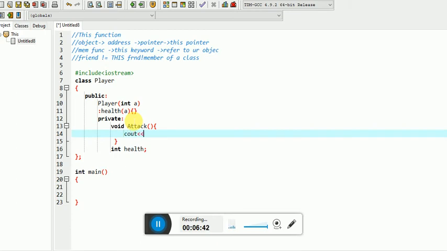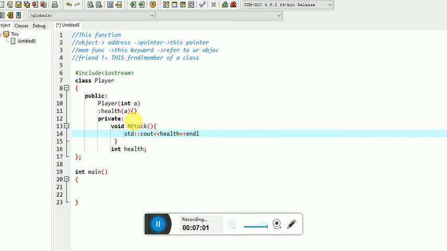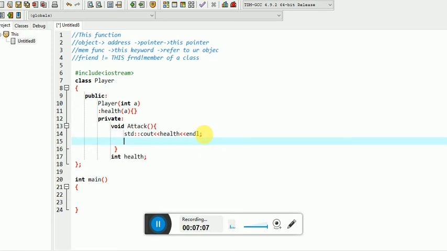Let's say we will be printing the value of the health. You have to specify that you are using the standard namespace over here.